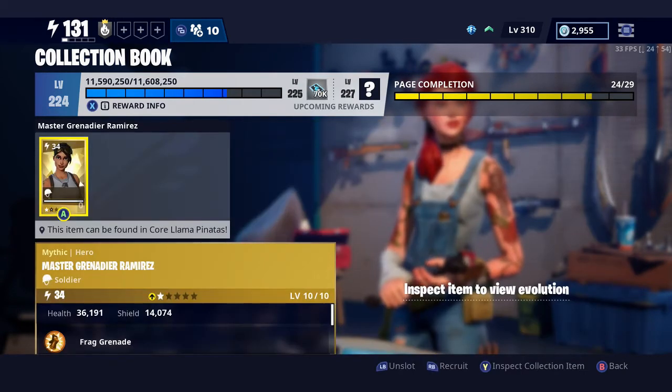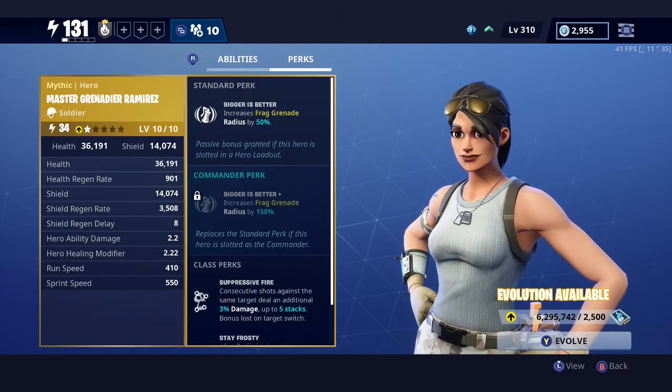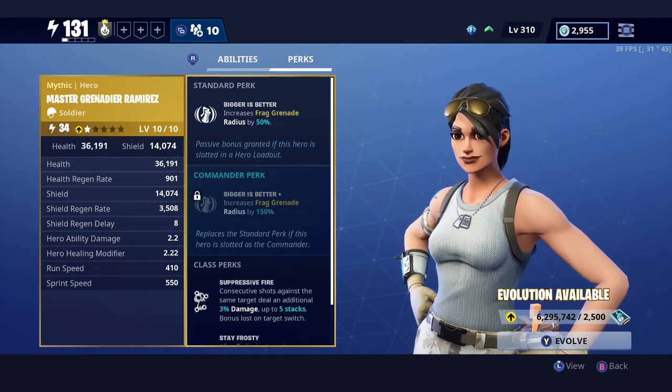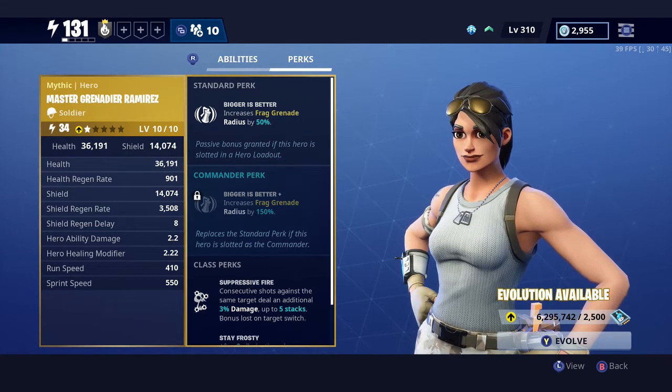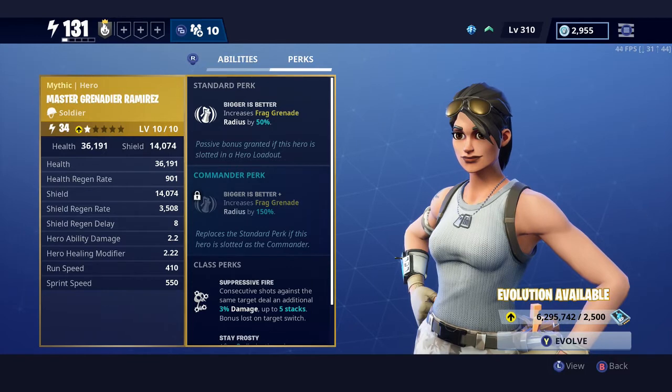Master Grenader, who is the Mythic and does give you the Keep Out team perk. Increases frag grenade radius by 50%, which we already talked about. But if you main her, her frag grenade radius is 150%. And then if you use Keep Out, and if you end up getting a couple of the other grenade buffs later on in the game, it's actually a pretty strong grenade. So maybe later on main her. She's still certainly